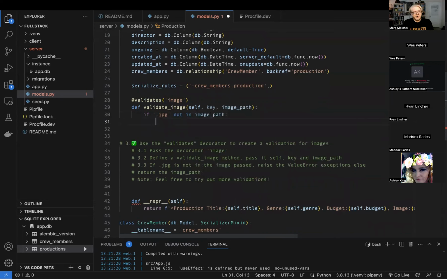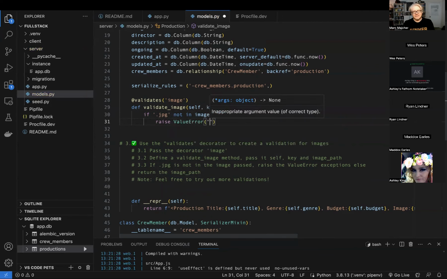then we're going to toss our error up here, raise it. A lot of other languages use throw. We're just going to politely raise one, and it wants a value error. And let's say image file must be a